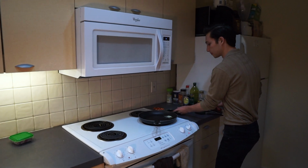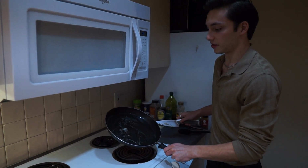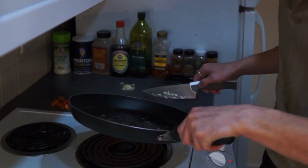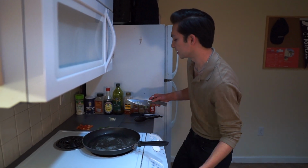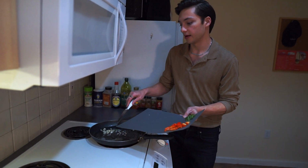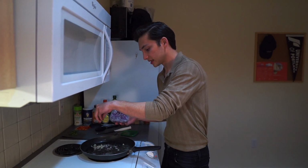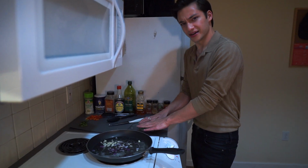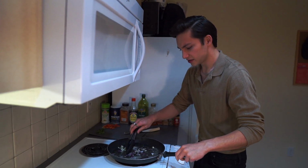As we go here, I'm going to make sure that you can get that nice sizzle with the butter, and that the oil and butter is nicely, evenly distributed throughout the pan. And once that is good to go, I'm going to turn it down from high. I'm going to keep it around a 7 for this. Now we got that nice sizzle. I'm going to throw in the garlic there. And I'm going to throw in the onions. And because I have pre-cut these already, I'm going to just grab a pinch of these and sprinkle those in the pan to saute those as well. So like I said, the onion is just going to add some awesome flavor as well as the garlic. And once these have gone for just about a minute, you don't need them in here too long,